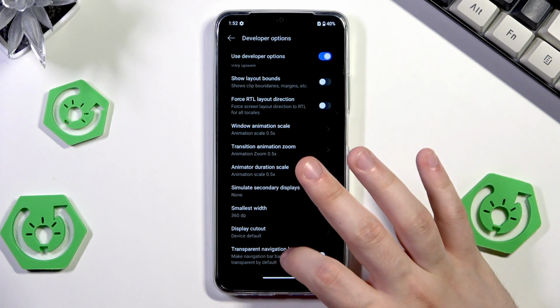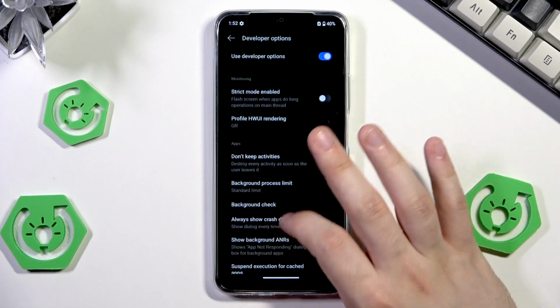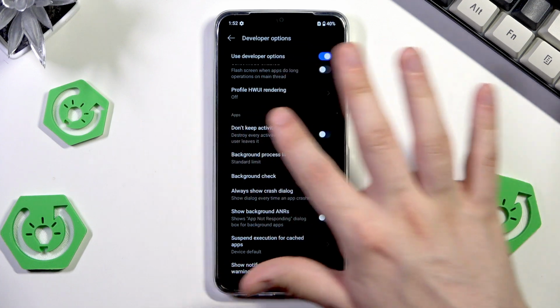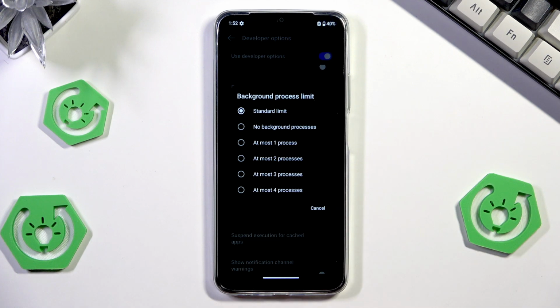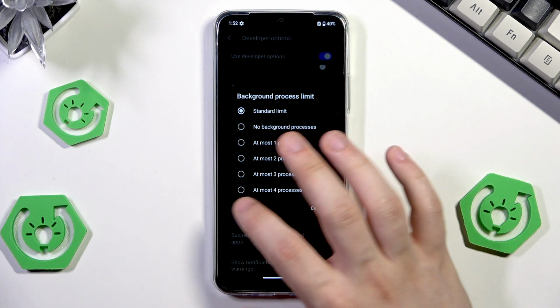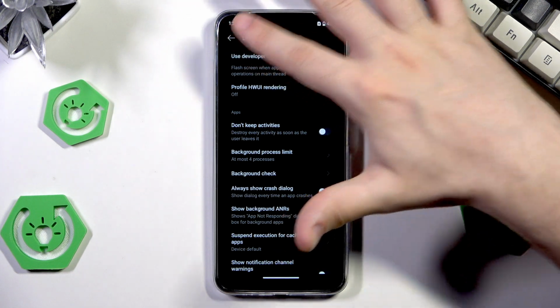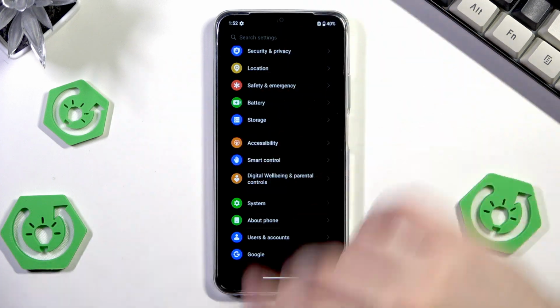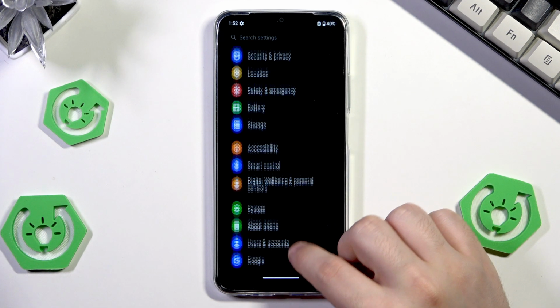So that when it comes to those options, now we can go scroll down until we find the apps settings, and we have the background process limit. It's set on the standard limit defaultly, but to improve the speed we can select it on at most 3 or at most 4. It's completely up to you. I'll select at most 4. And that's the old job that we had to do. And in the developer options we can now turn it off, and now we can go straight from here into the